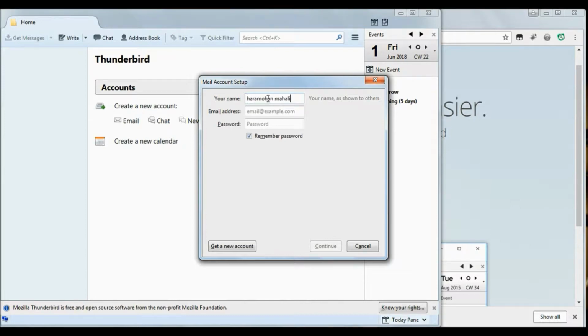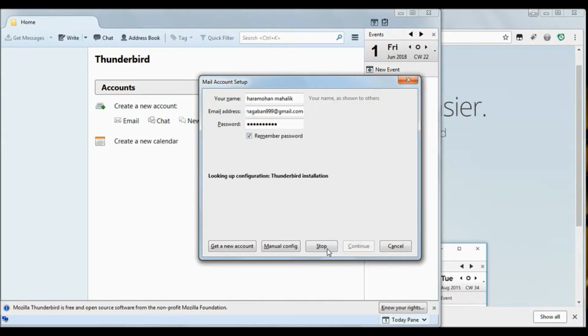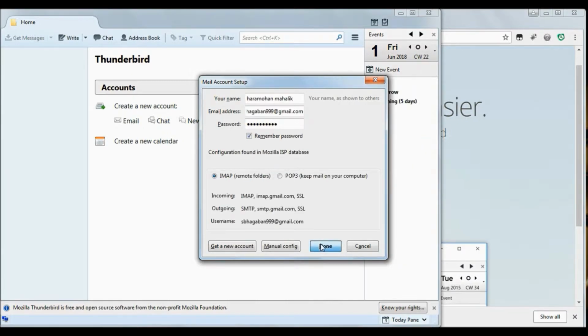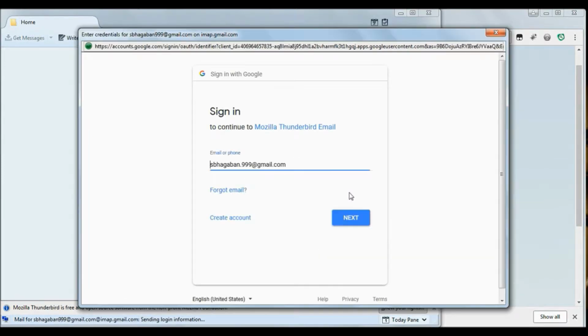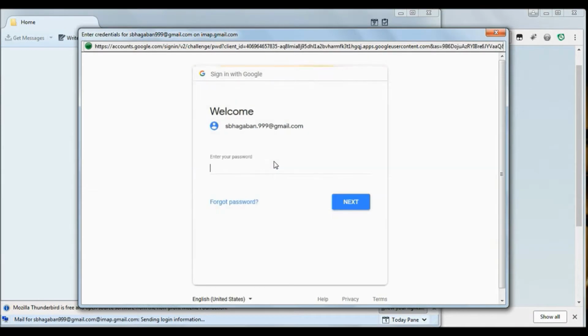Then enter your existing email username and password and click continue. Wait some time, click down, then click down, then again enter then again sign in Gmail, then